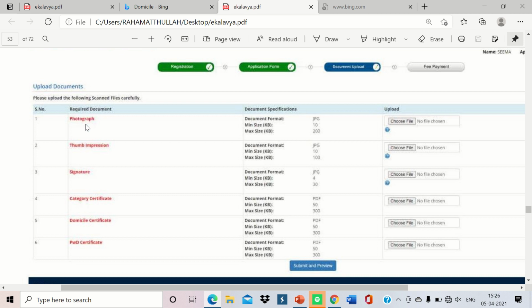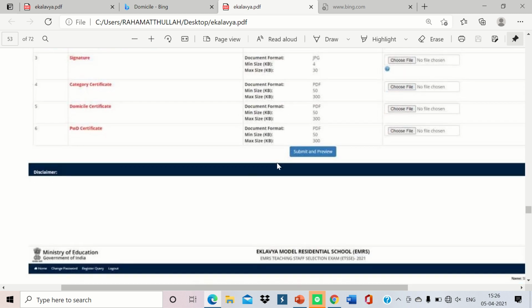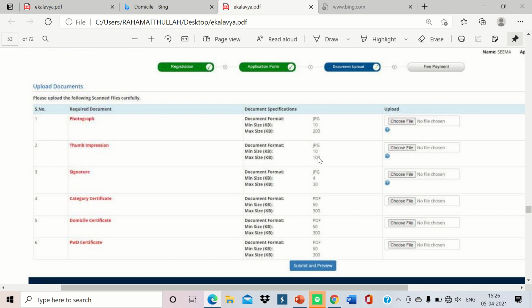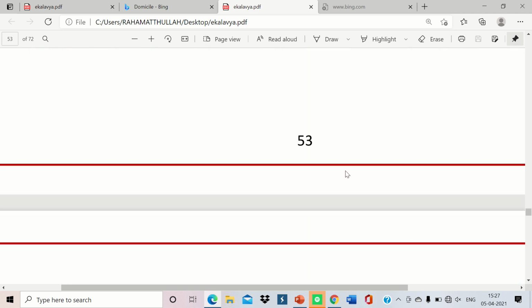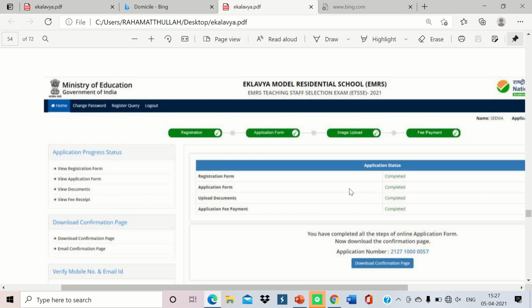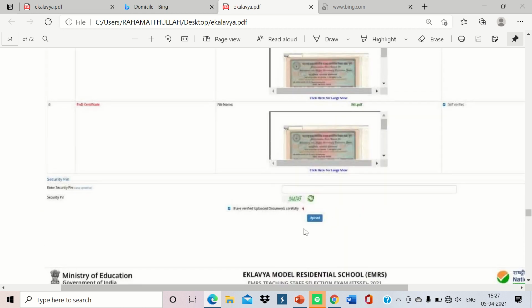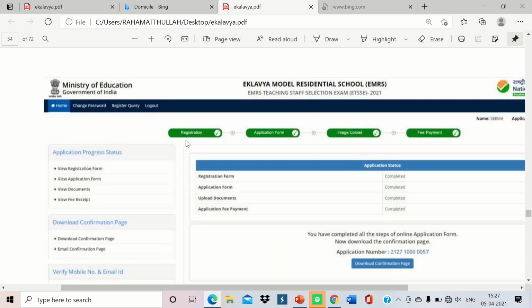So the uploading certificates are 1, 2, 3, 4, 5, 6, a total of 6 things we have to upload. After uploading, it shows like this. Then you click on upload, there is another upload button. After uploading, we complete the 3 stages, and it takes you automatically to payment.